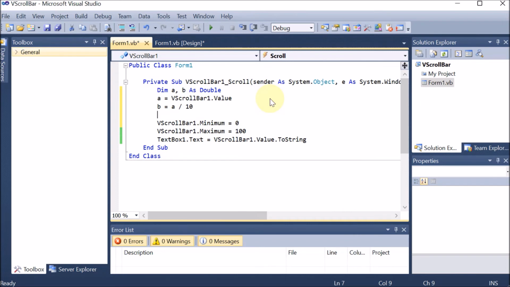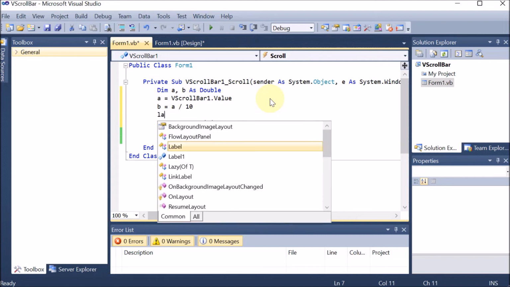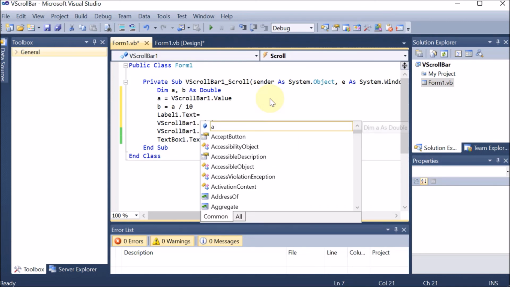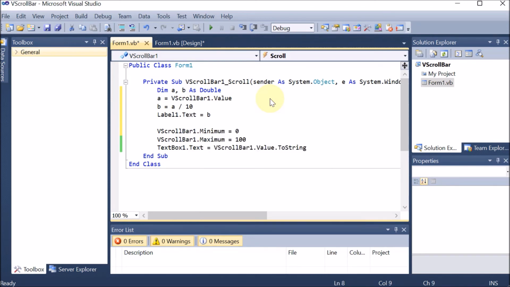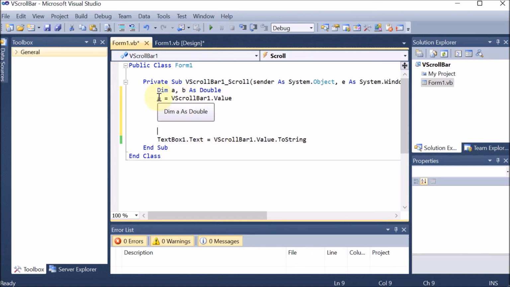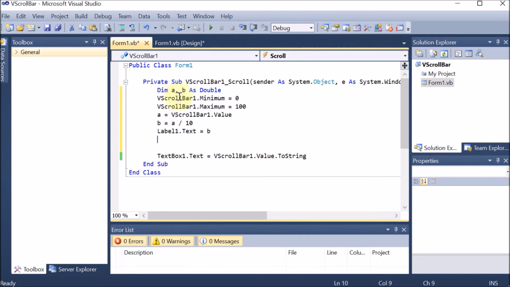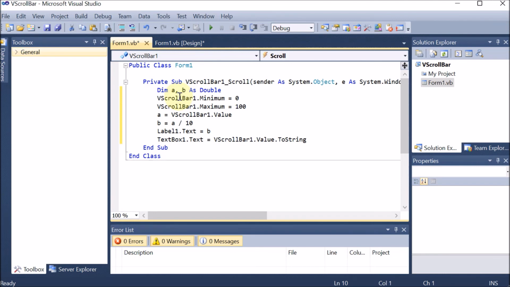It is our assumption. We have divided by 10. You can divide with any value depending upon your requirement. So in Label1, we are setting that value. So Label1.Text will be equal to b. So here we have taken two methods. One method using the variable, other method simply by taking the text. These values we are setting above, because we know these values should be required. Now here our code is ready.